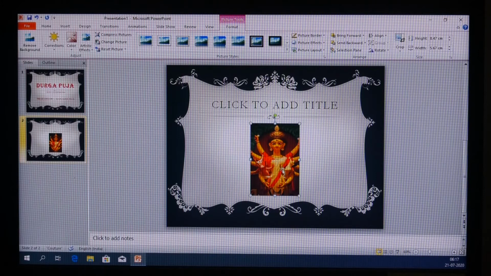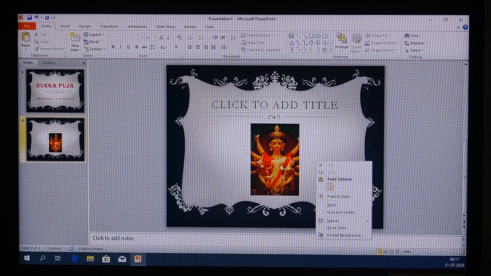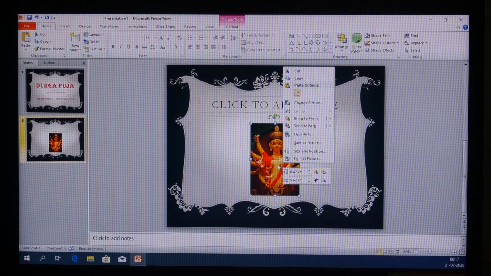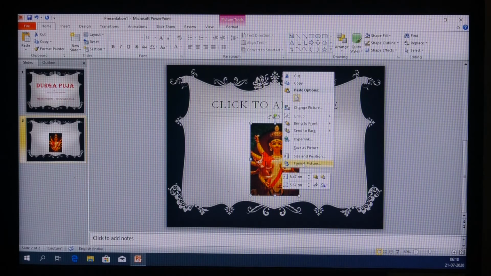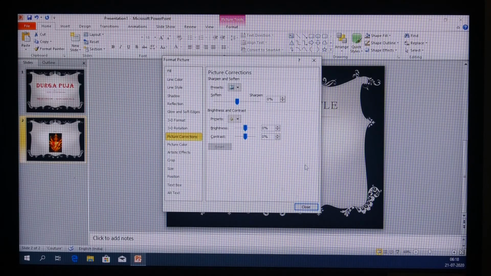The picture has come. So now to modify the picture, I want to make the edges soft. So what will I do? I right click on it and then comes the format picture option. I click on the format picture option and here there is glow and soft edges.